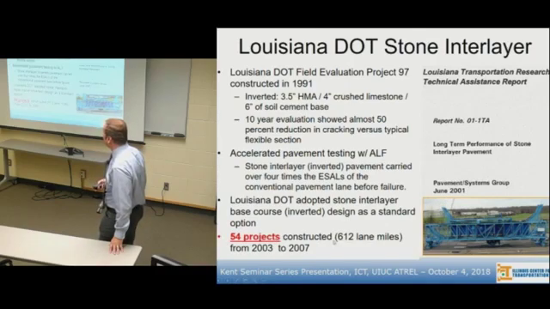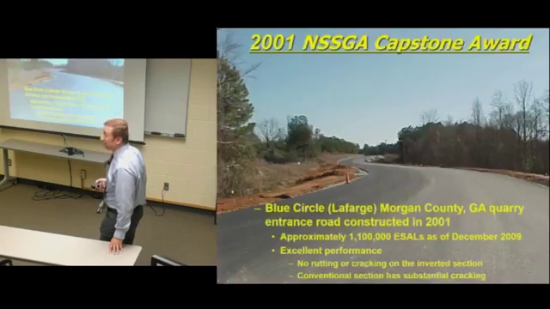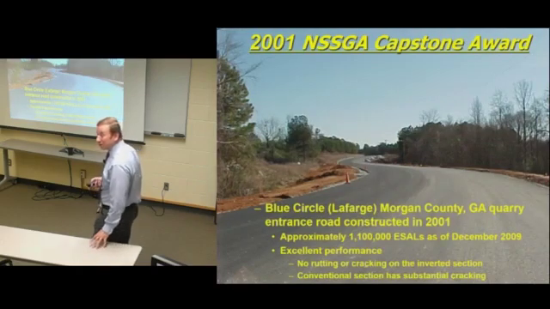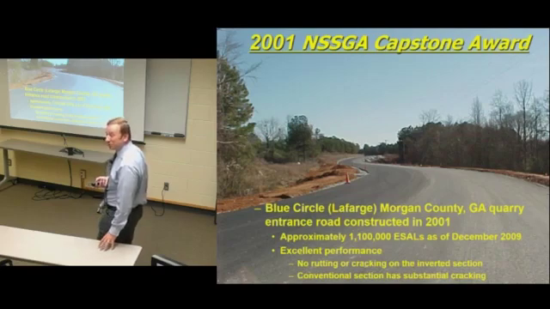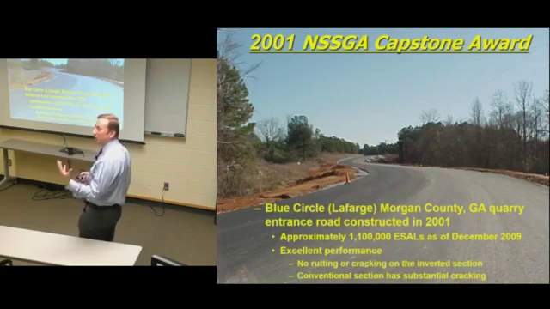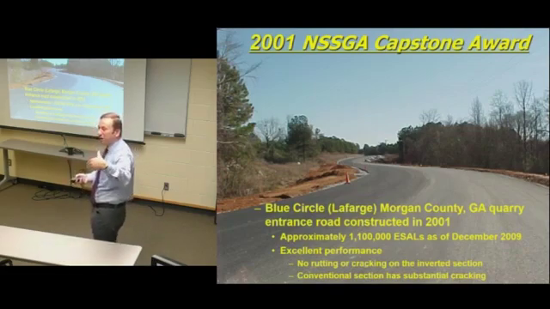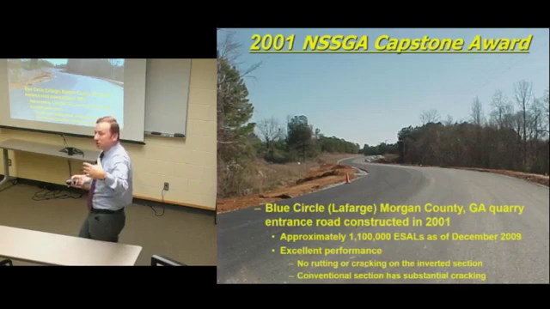54 projects were actually constructed, all the way up to 612 lane miles from 2003 to 2007. It's very highly favored in Louisiana. Now, it's also a hot, warm climate in Louisiana, right? Not many freeze-thaw effects. When I checked with the northern states, there's always the question of Minnesota, Illinois here. Cement stabilized, shrinkage cracks. Well, again, if you limit it to 3%,